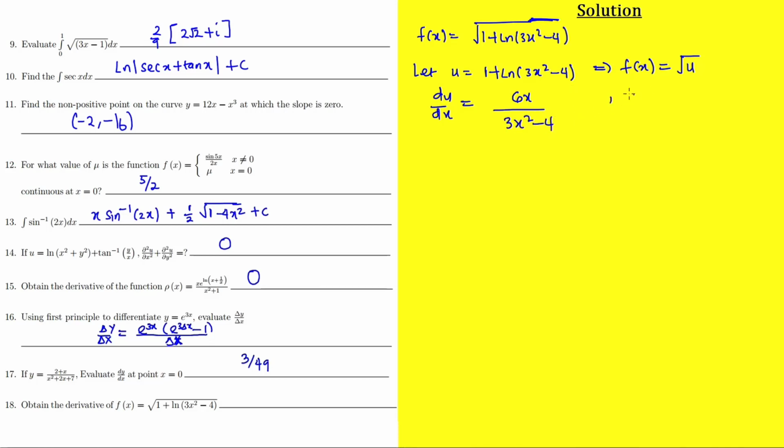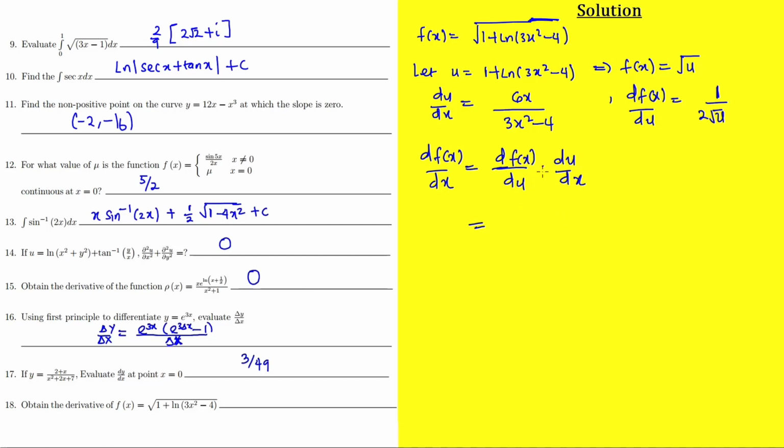And not only that, if I differentiate my f of x with respect to u, I'm going to have 1 over 2 square root of u. So meaning that my df of x dx is df of x du multiplied by du dx, which is simply